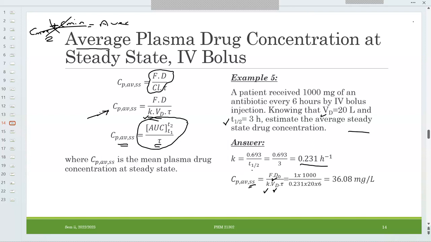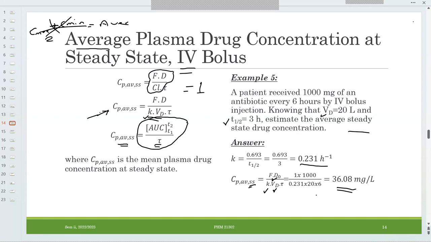How about F? We mentioned before that F is the bioavailability fraction, and bioavailable fraction in case of IV administration should be equal to 1 because the whole dose has been delivered to the systemic circulation, right? So F is 1 because we can use this equation later on in the oral dosing. So in case of oral dosing, then the bioavailability may be less than 1, but in IV it is equal to 1. So just substitute the values. 1 times 1000 milligram divided by K times volume distribution 20 liters times the tau 6 hours. So the average plasma concentration is